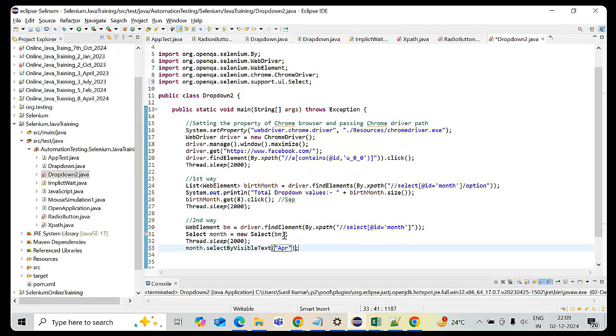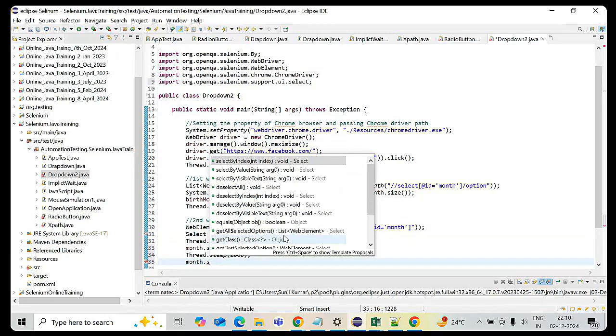Okay, okay guys. So what's the output here? April. It will show you April. If you wish to select that, after thread dot sleep, now month dot